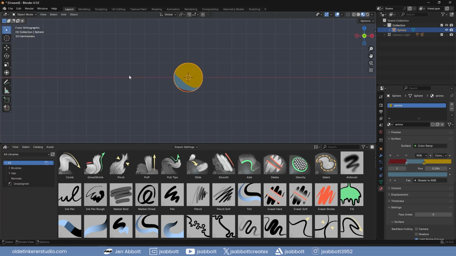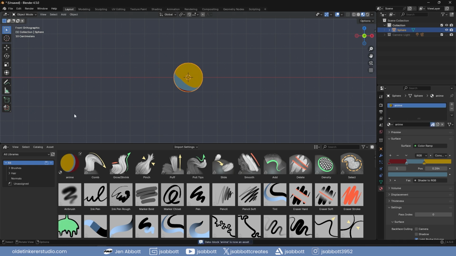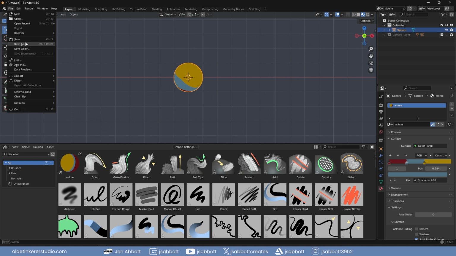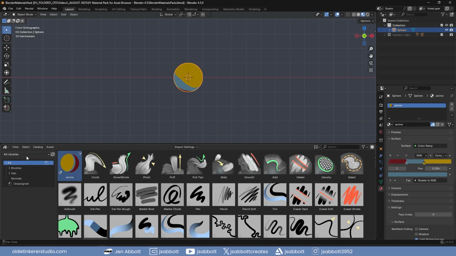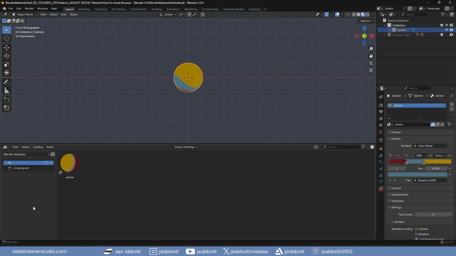To save a material to the asset browser, you'll need to mark it as an asset. In the shading workspace, select the material you've applied to your project. Right-click on the material and select Mark as Asset. Once you save the blend file into the same folder as the assets, you'll now see your material in your newly created asset library. This will also work if you build your materials within Blender itself, either through procedural textures